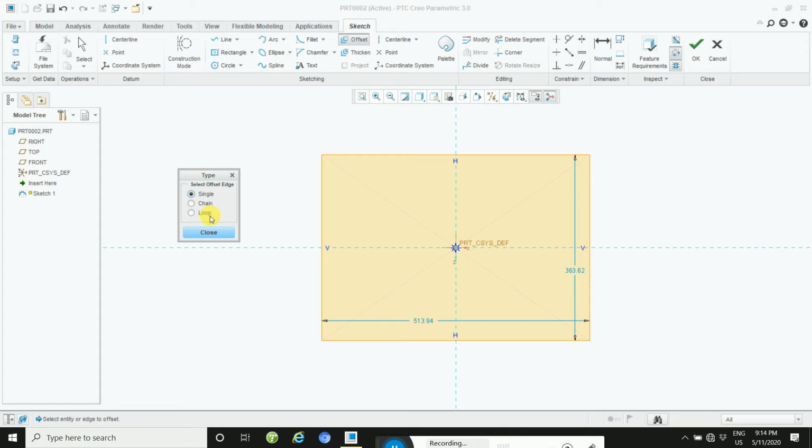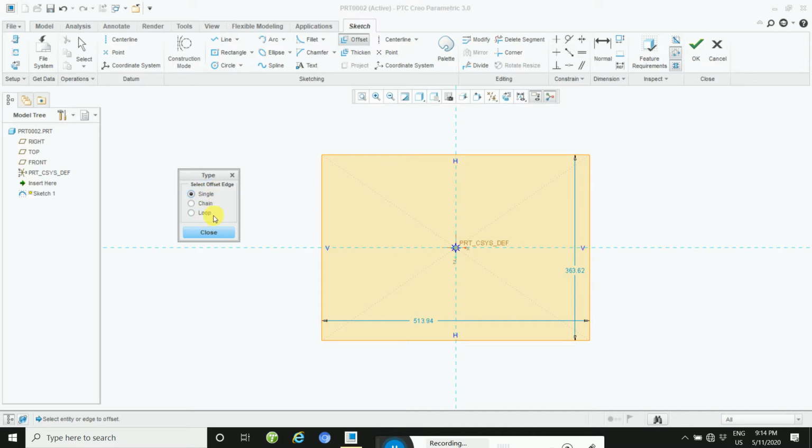So first apply the single. First click on the offset command and this window opens. There are three types of offset: single, chain and loop.